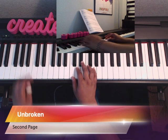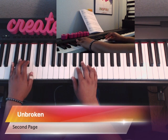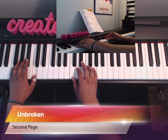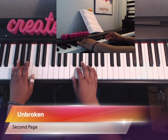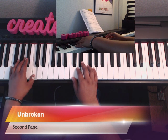The left hand pattern is this. Thumb on C. You're going to do some cool walking down with C, B flat, A, and A flat. But the pattern here is